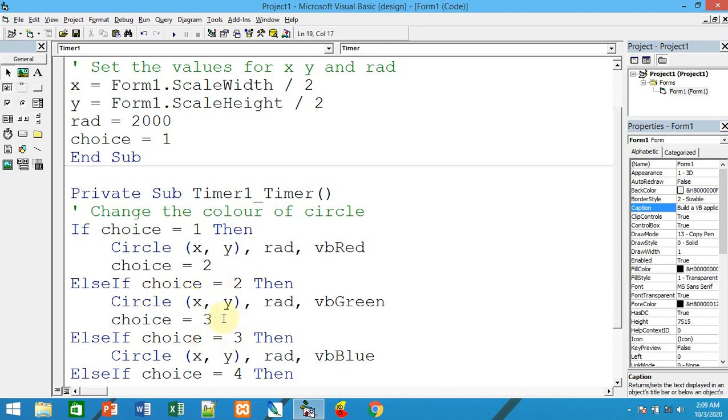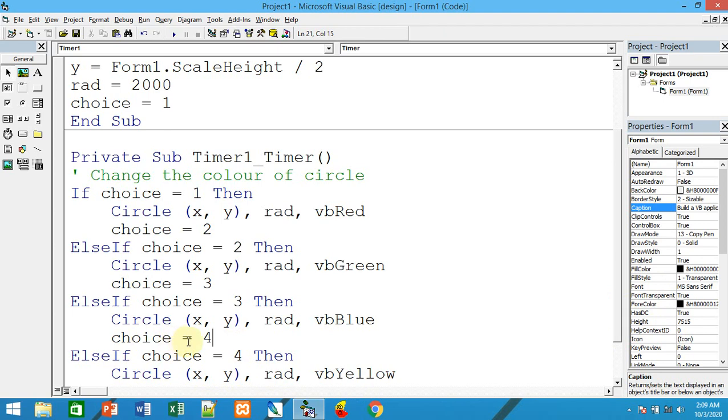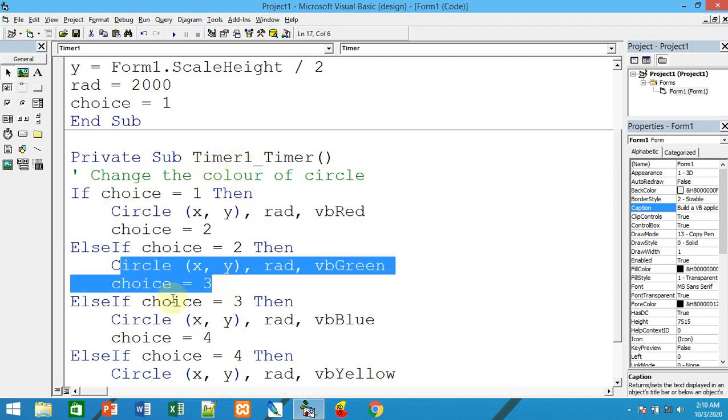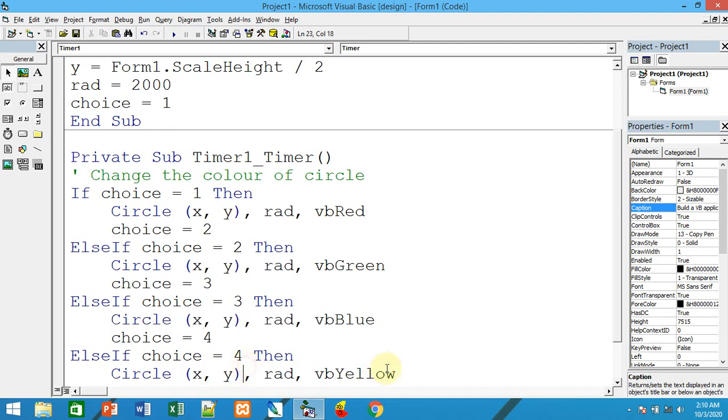When choice is 3, it will be displayed with blue, and here the choice value should be 4. When choice is 4, in the next interval, of course, because of these if, else if, only one of the blocks will be executed at one timer interval. So either this one, or this one, or this one will be executed.